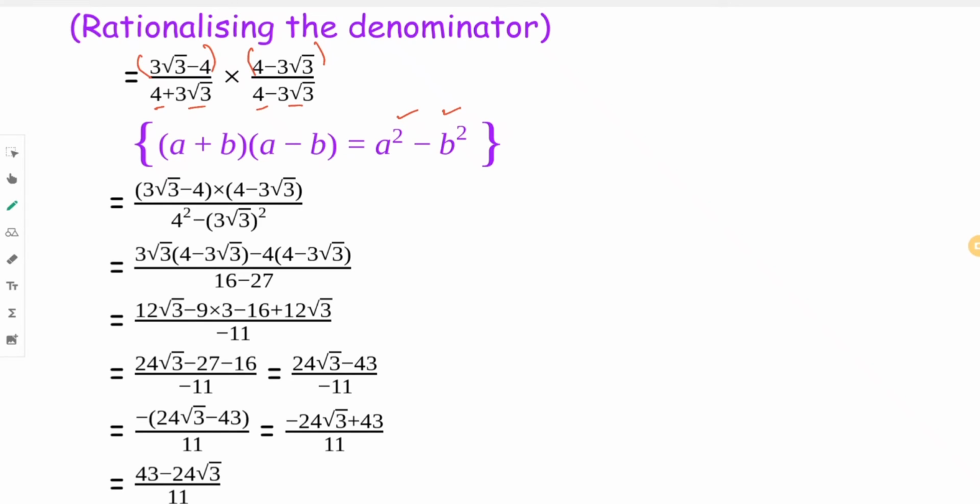Alright, and now if you look here, like I said, I need a square minus b square, right? My a is 4, so it will be now 4 square. Then this is my b, so b square. Okay, now that we're done, if you look here,